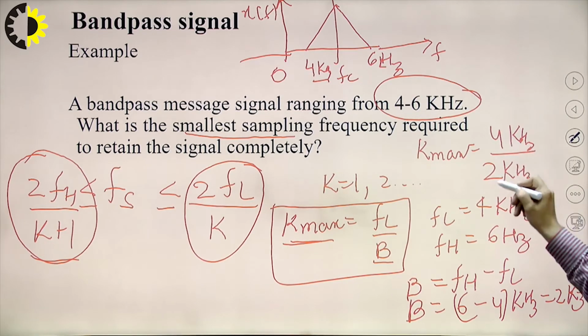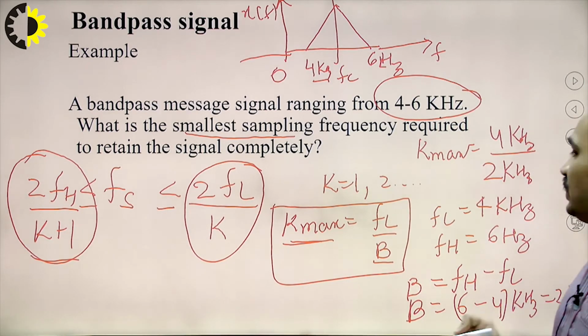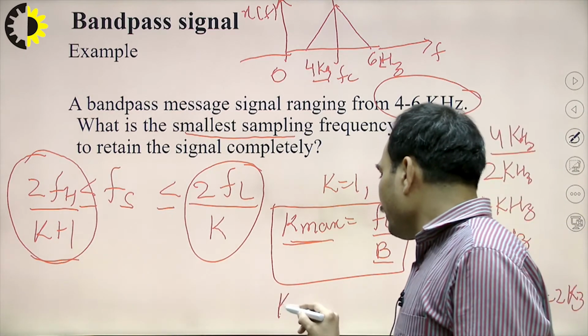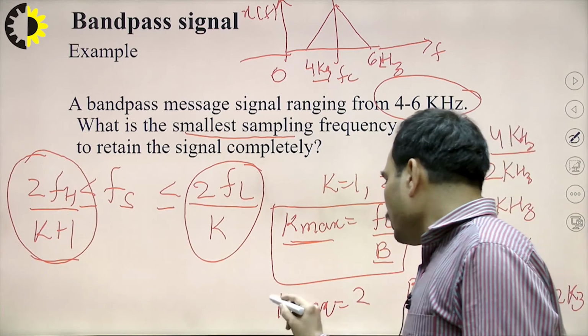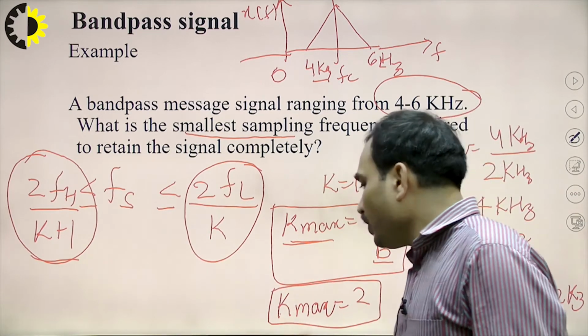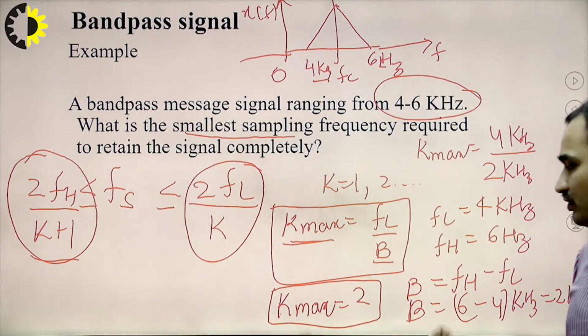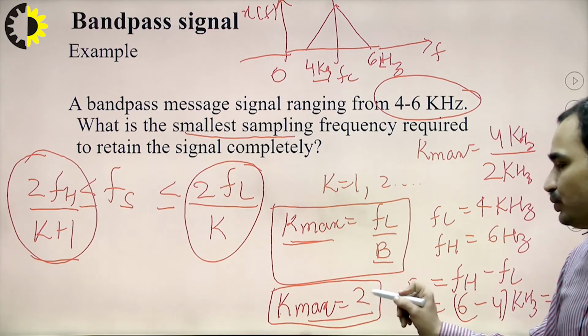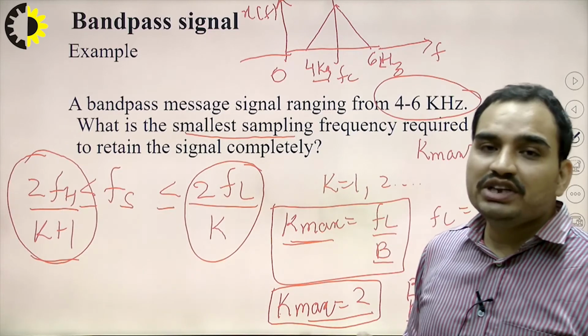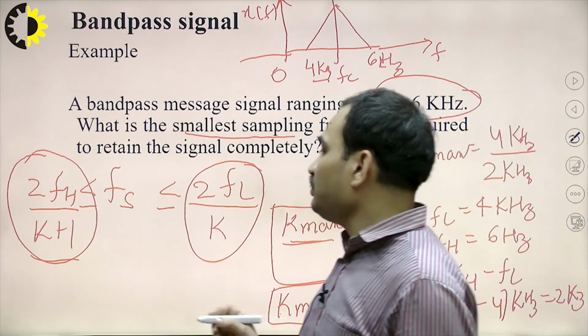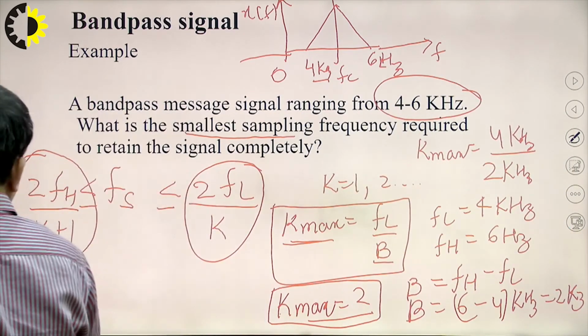So we have 4 kilohertz and 2 kilohertz, it is simply 2. So the value of k maximum is equal to 2. So we have got the maximum value of k factor, that is 2. So if you substitute, the minimum sampling frequency will be given by